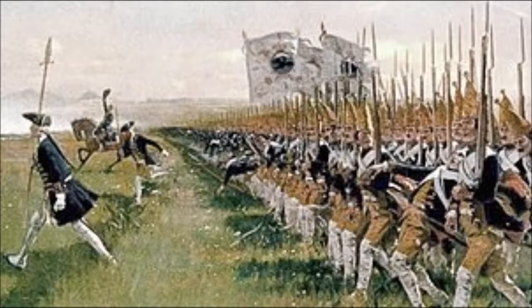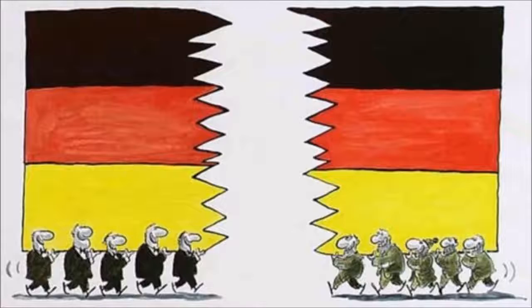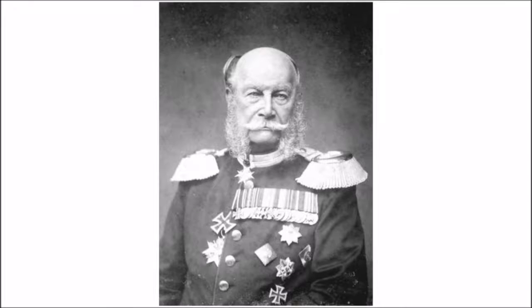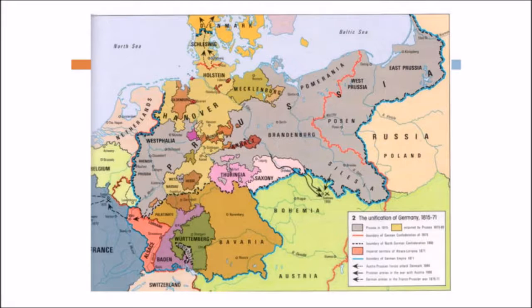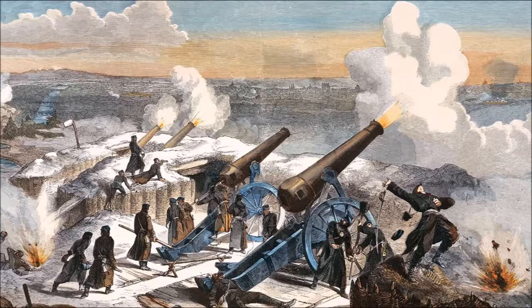Firstly, he believed in increasing the military strength of the Prussian army, which he did even though he had to face opposition. Secondly, he believed that the unification of Germany was to be achieved by the King of Prussia. Thirdly, he held the view that if Germany was to be united under Prussia, then Austria should be defeated. And this was possible only through military conflicts.